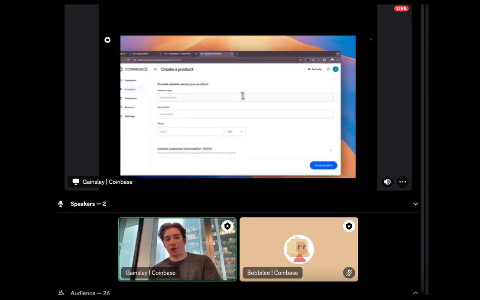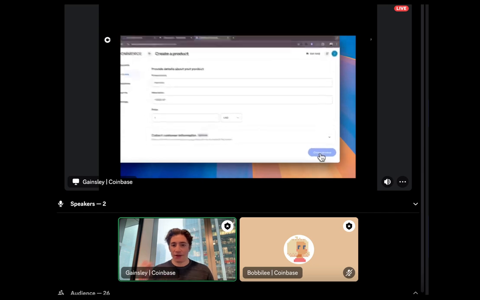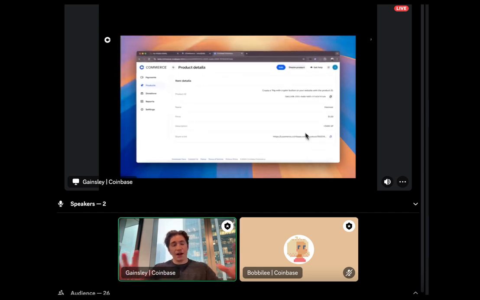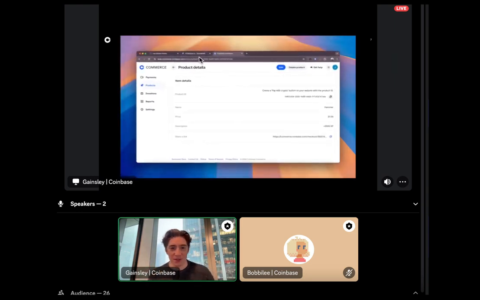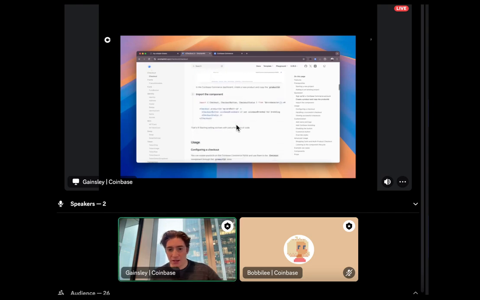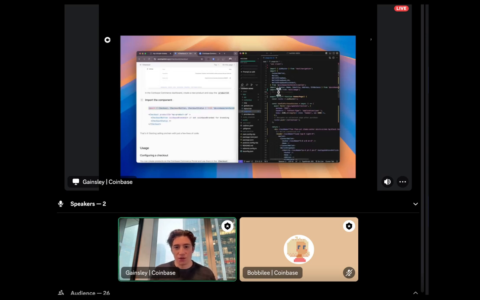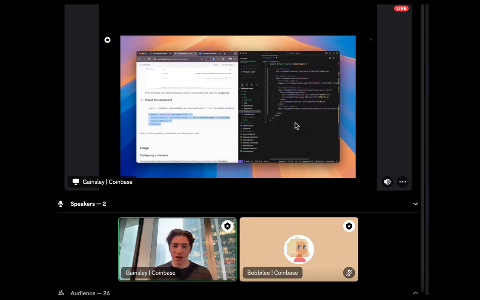First I'm going to create a Coinbase Commerce account. Coinbase Commerce requires no KYC. It takes 30 seconds to sign up for. And this is where you're going to be able to manage all your payments, your customer info, your on-ramps, your reports, whatever. Then I create this product. A product is useful if you just want to get started in seconds. You want to put this button in your app. It's got a fixed price. So I'm just selling this hammer. I can create a product for it. But if you want more flexibility, like creating custom carts or updating metadata dynamically, we also have a flexible API so that you can create charges with whatever price or information you'd like.